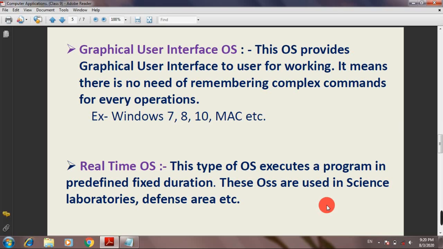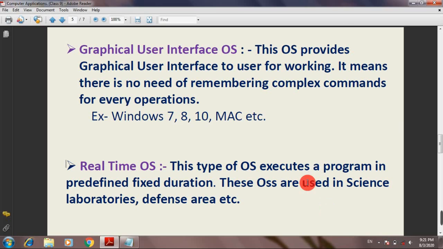The another operating system can be your CUI OS. Here there is no graphic element present in the operating system. It means you have to remember complex commands for every operation you want to do in the computer. So this is just opposite to the GUI, in which graphical user interface is provided by the operating system, so that you don't have to remember all those complex commands.